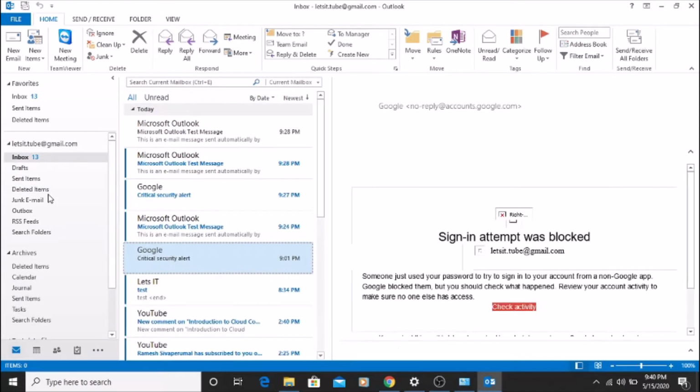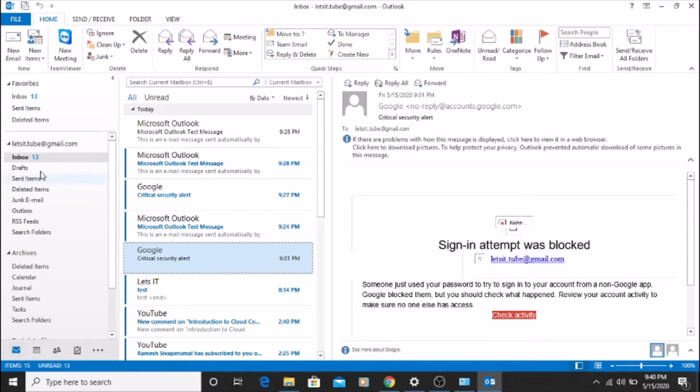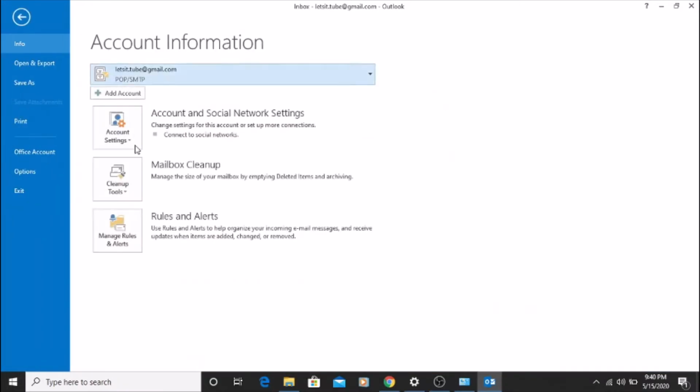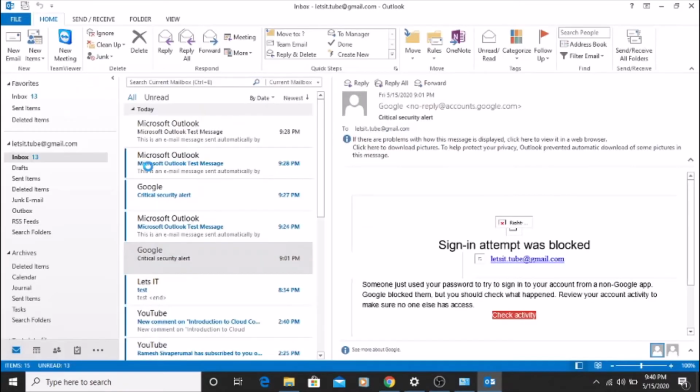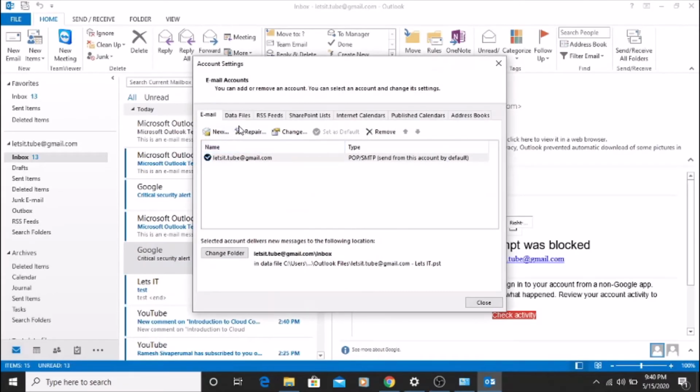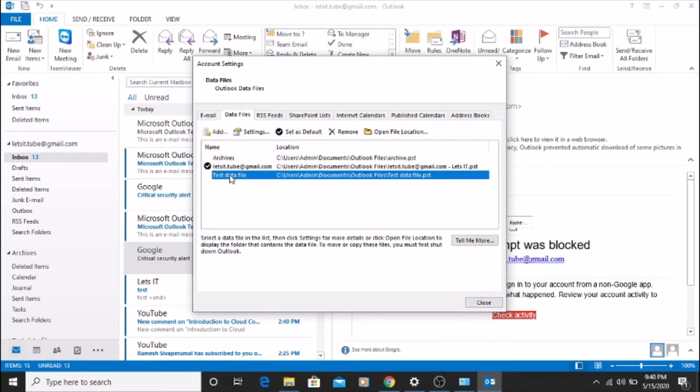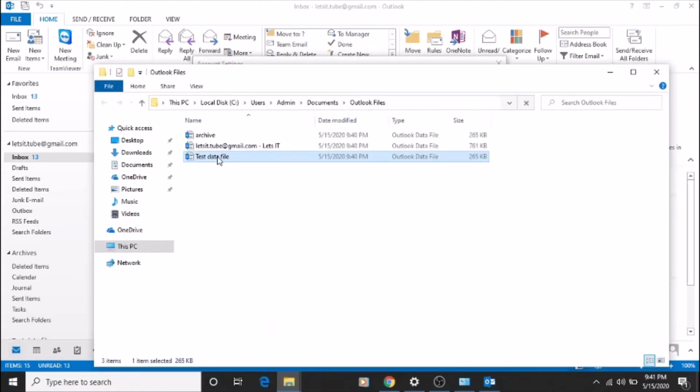And in case you want to back up the PST file, you can just go to Account Settings, and Data Files, click on the data file and click on Open File Location. This will open the location where the PST file is saved.